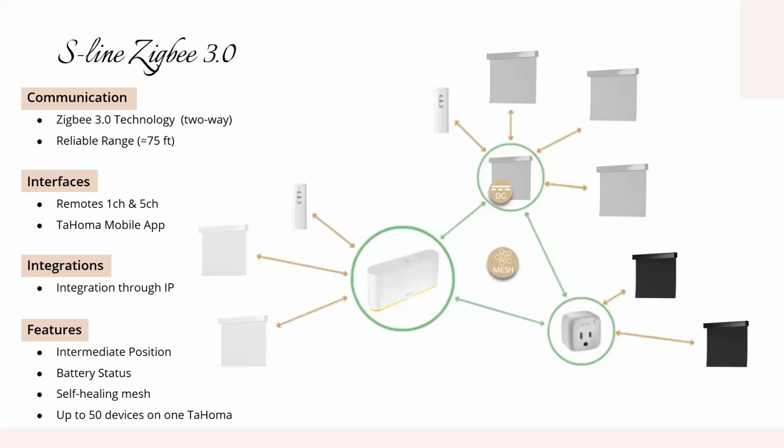Next, we offer the 24-volt DC motor. This motor not only provides reliable operation, but also acts as a router, extending the range of the Zigbee mesh network, similar to Control4 Zigbee mesh repeaters. This capability ensures a robust and flawless operation. Finally, we have the 12-volt Zigbee motor, a more cost-effective option that does not include the routing function, but still